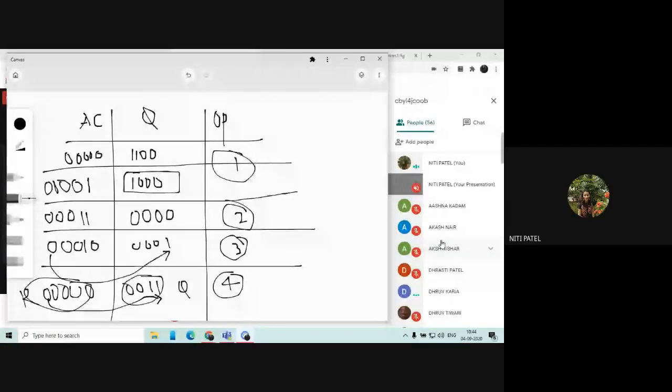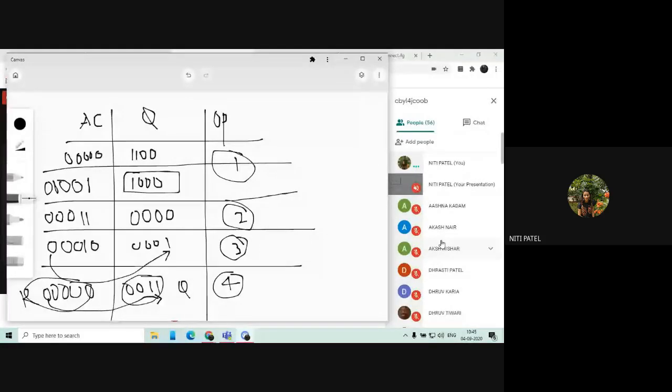So you get 11101 and the contents of Q as 100 with an empty box. Now since AC is 1, you will set Q0 as 0. Correct? So your answer after you set Q0 is 11101 in AC and 1000 in Q. Now when you do AC is equal to AC plus M, the contents of your AC become 00001. Ma'am, I understood my mistake. And the contents of Q will become 1000, as restored per your left shift.